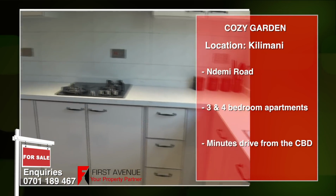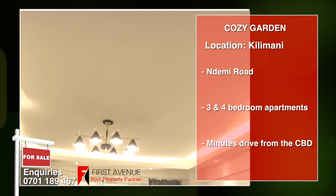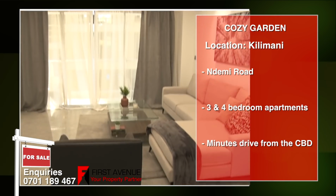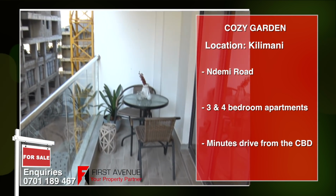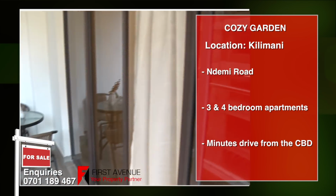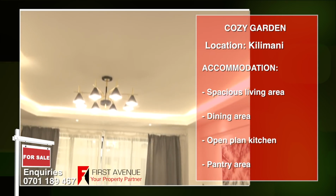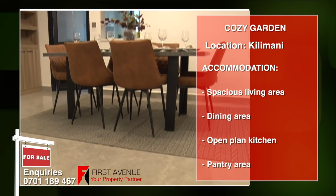Located in Kilimani along Demi Road, Cozy Garden are modern 3- and 4-bedroom apartments satisfying the natural beauty craving. These units are a stone's throw away from the CBD, enjoying the convenience of city fringe living. Accommodation features: spacious living area fitted with large windows that allow in natural light,